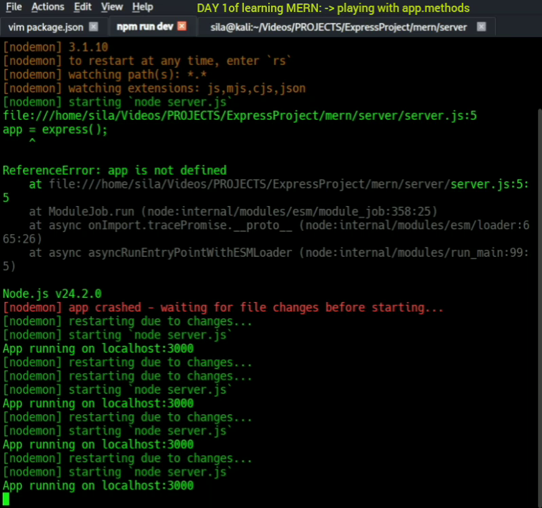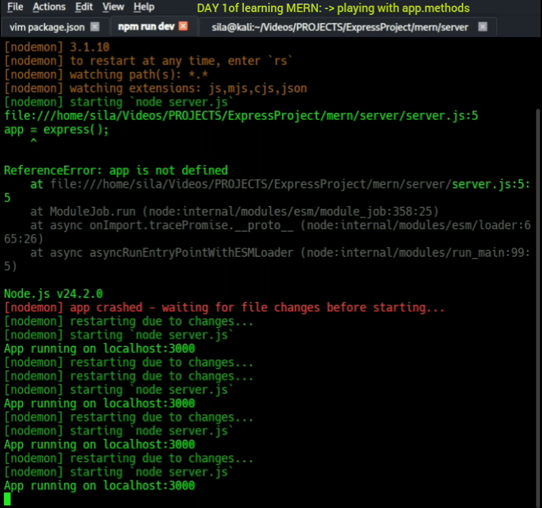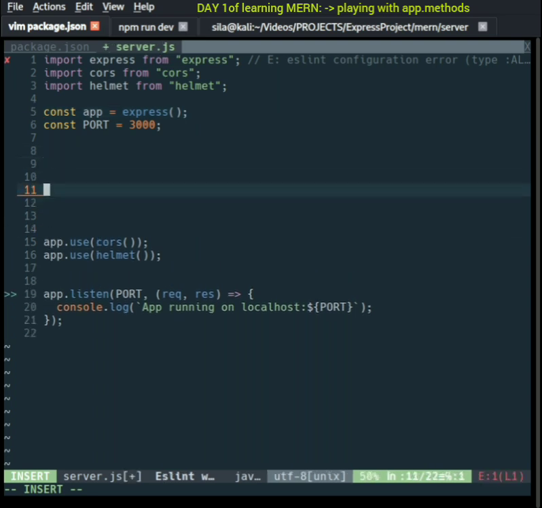Let's see if the application is still running. Yeah, so our application is still running here. Yeah, our application is still running. So the next thing I needed to look at is methods which are related to this. Once we create our application, there are methods which will be available by default, and so I needed to play around with a couple of them. So here I can do application methods,